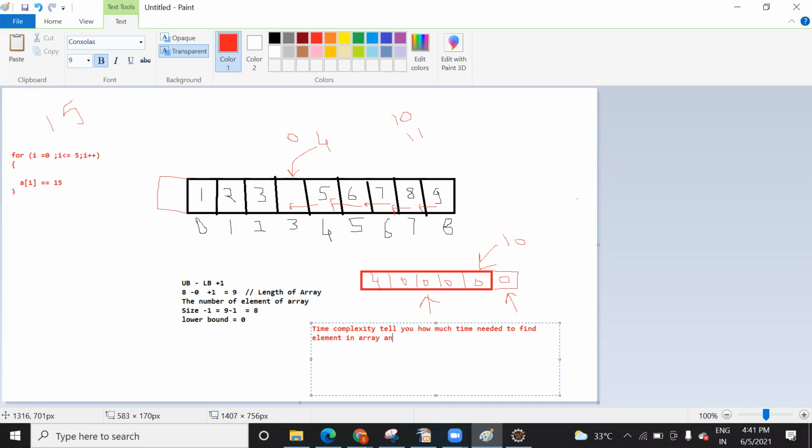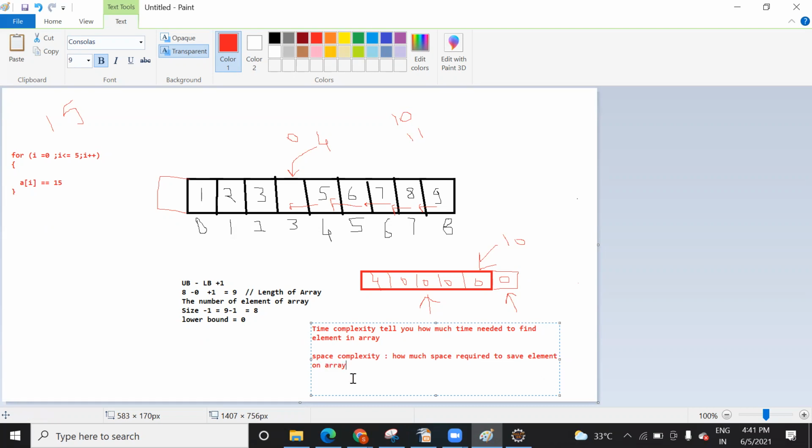And space complexity is also there. Time complexity is how much time is needed to find an element in an array, and space complexity tells you how much space is required to save elements in an array.